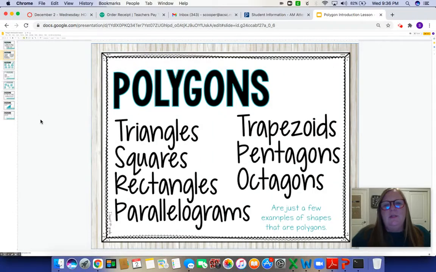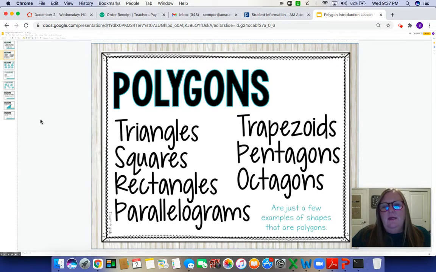So here are some examples of some polygons. Triangles, which obviously would have three sides. Squares, which I'll let you think about that for a minute. How many sides would a square have? 4. Rectangles, right? All made up of straight lines. Parallelograms are also made up of straight lines. Trapezoids,